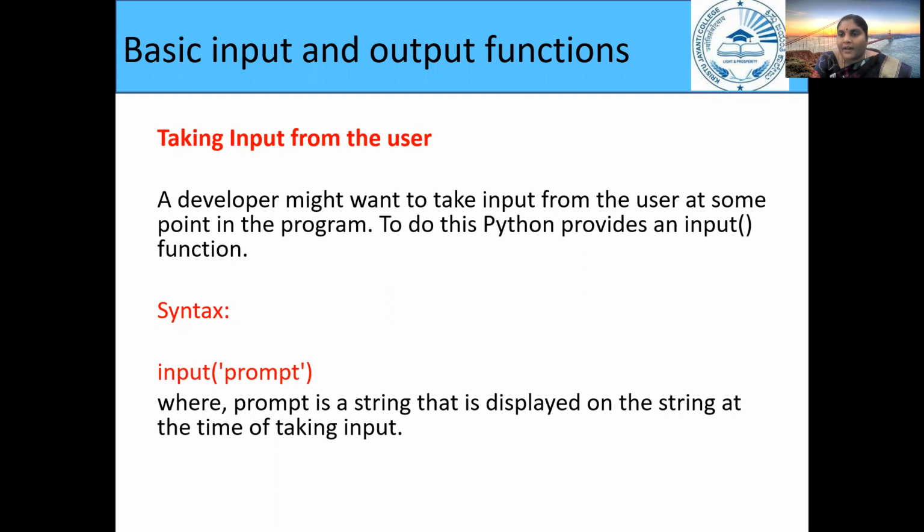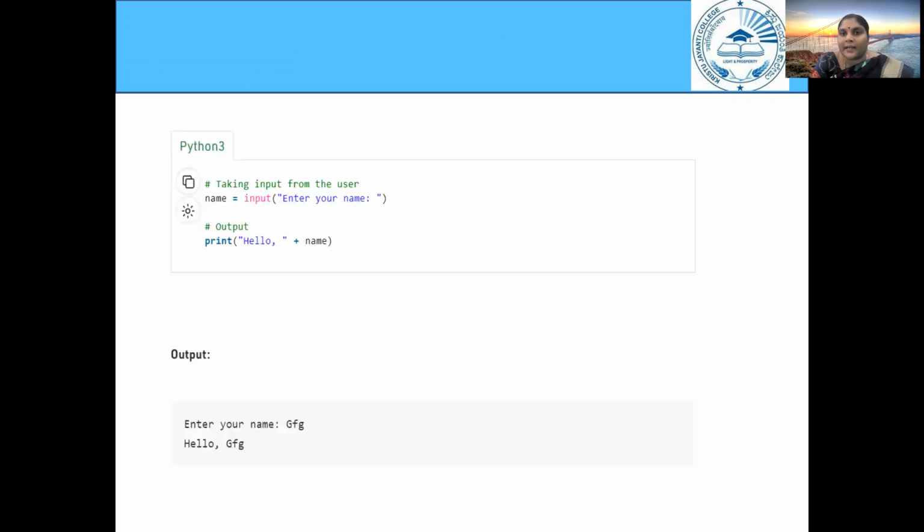Whatever value is entered by the user is taken by Python in the form of strings only. So whenever I want to take some other data type as an input, what is available is type conversion. Say for example, in this example,